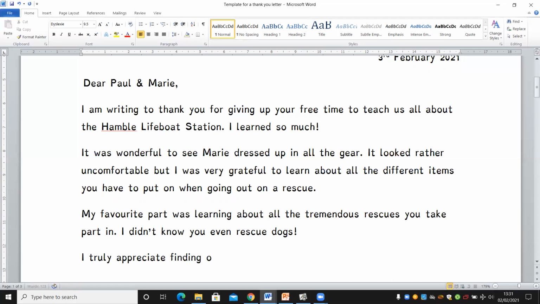Appreciate finding out about the life at the Hamble Lifeboat Station. And remember from yesterday, children, we said that usually our final sentence needs to be something nice. We want to say something nice to them, don't we? So I could say, I really enjoyed